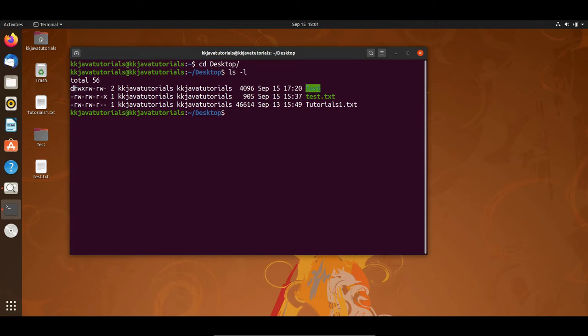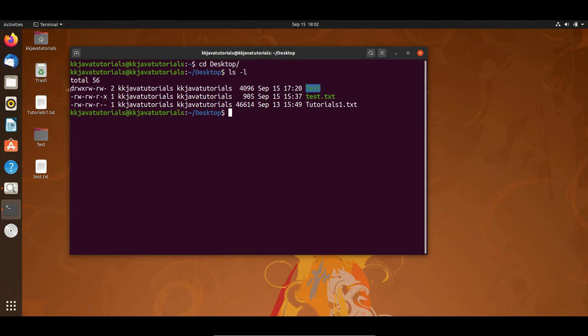The first chunk of characters represents the type of file and permissions. Second is the symbolic link count, third is the user name, and this is the group name, and this is the size of the file or directory, and this is the creation or update time, and this is the file or directory name.